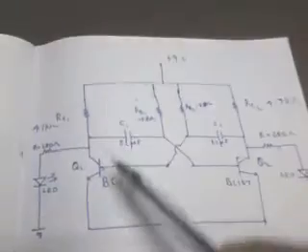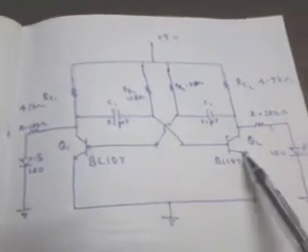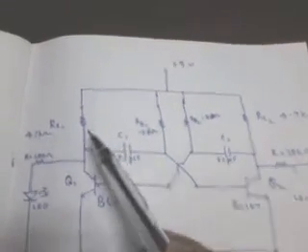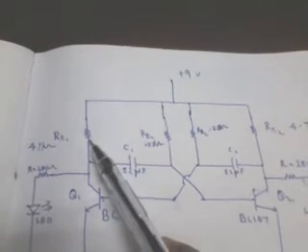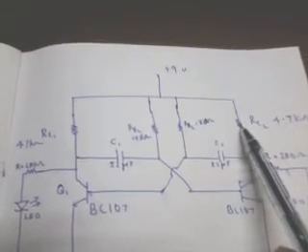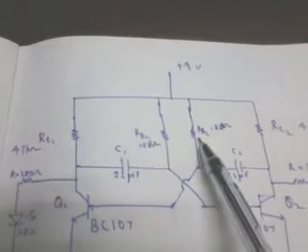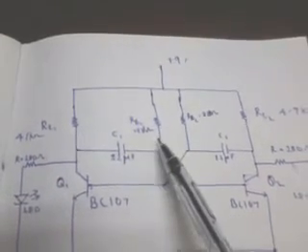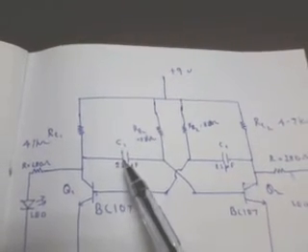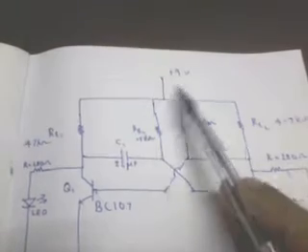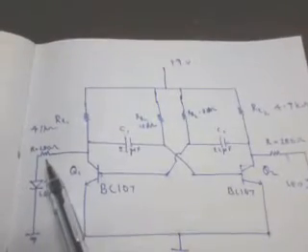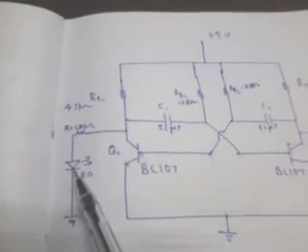You can see these are the two transistors Q1 and Q2, whose emitters are grounded. This is the collector resistor RC1 of the transistor Q1, and this is the collector resistor of transistor Q2. This is RB1 and RB2, the base resistors of transistor Q1 and Q2, and C1 and C2 are the two coupling capacitors. The 9-volt supply is given through here, and this is the resistor used to limit the current through the LEDs,